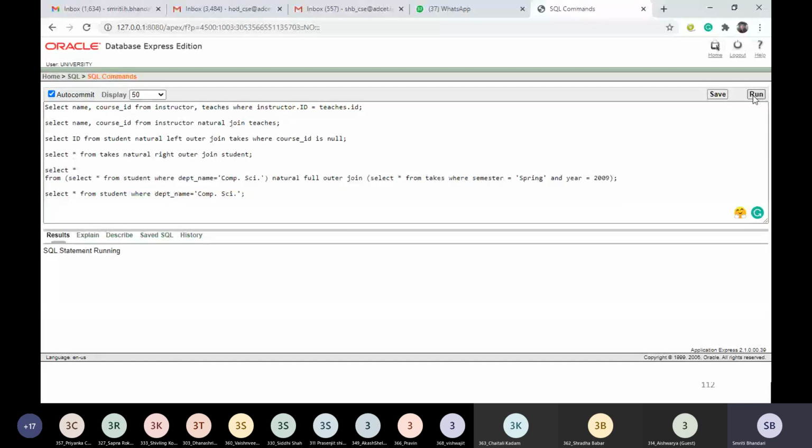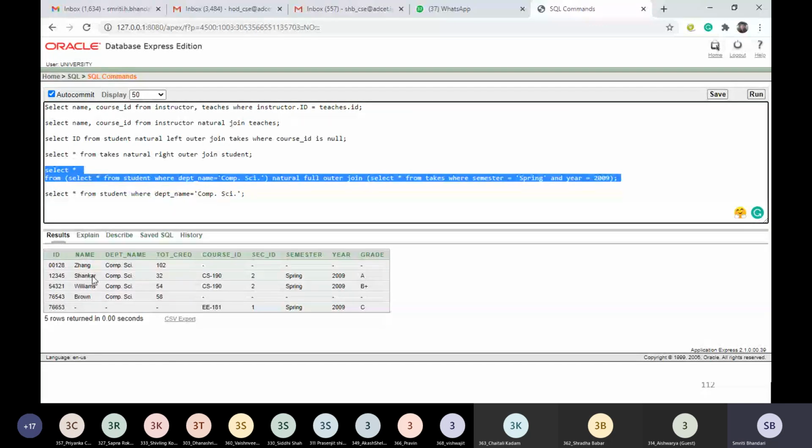Right? Now, let us see here in this result what we are getting. See here, we are getting all those 4 students. Those belong to computer science department. Okay? Now, what has happened? These 2 students from computer science department have opted for some course in spring 2009.